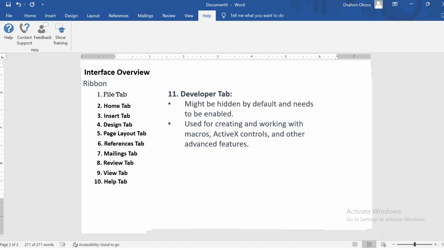the direction that we are going in. But all that will be done with the developer tab. That's what I'm trying to say. Usually when you install Office, you have to ensure that this Activate Windows notice is out of it. In my own case, because it's not there, the developer tab is not working in full functionality. As much as I can activate it, I still cannot really use it because I need to activate this Windows.